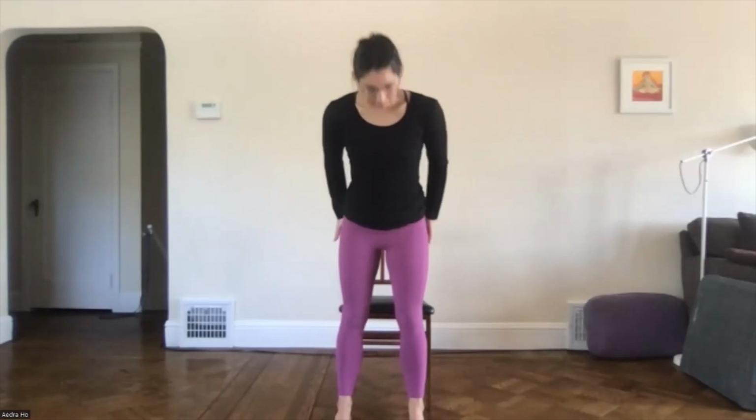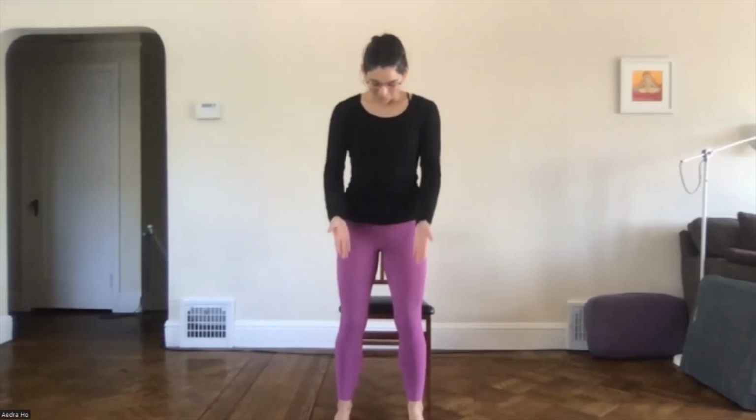So last week, if you were in yoga, we did twisting as our exercise of the week. So our exercise of the week, starting today, is squats. So set yourself up right in front of your chairs. Eventually, you're going to squat into your chair. Your knees are facing forward. Your toes are facing forward. Feet are about